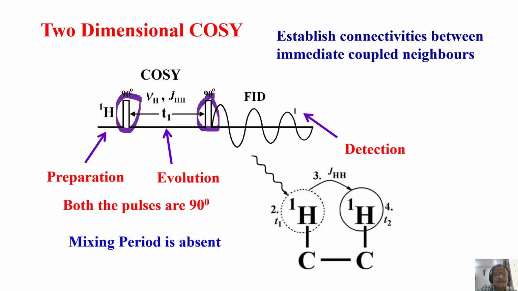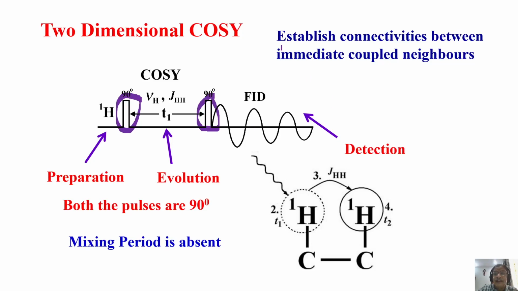And this is what happens. I apply the pulse, increment t1, collect data points here, collect data here: t1 data, t2 data. I have 2 time domain data sets. I do the Fourier transformation and I get 2 frequency domain signals. Fine. Now what do I get out of it?